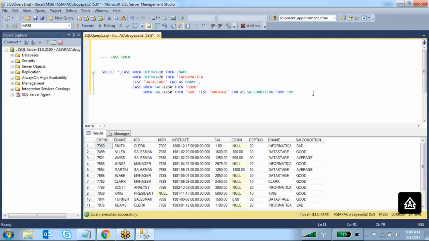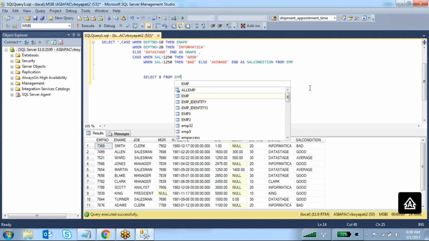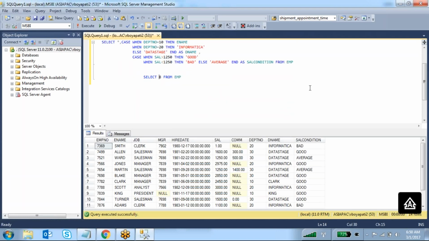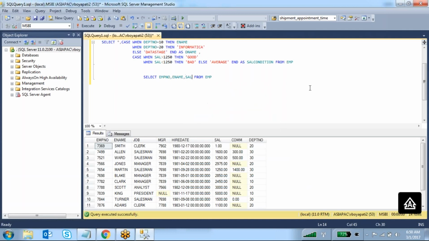Okay, right. So the next one is: I have a table, select star from EMP. This is one of the tables, and in this table I have data like employee number, employee name, salary.